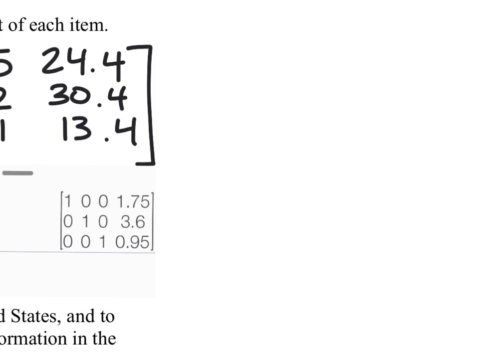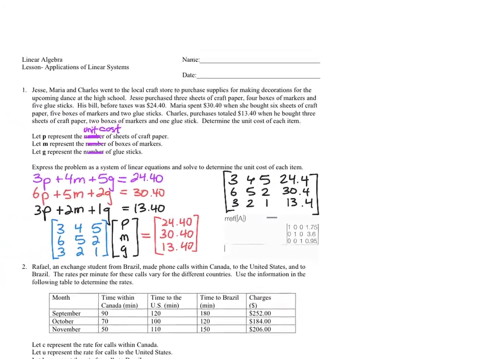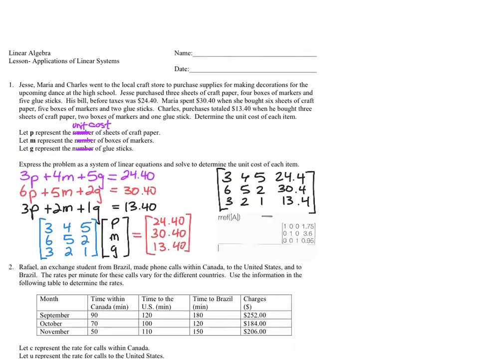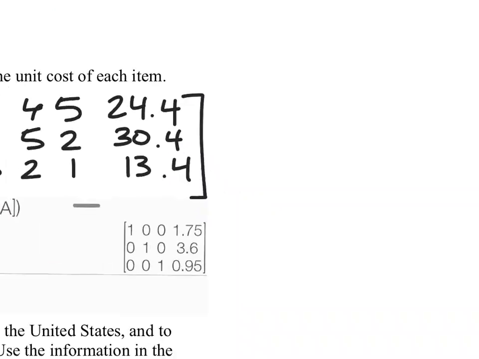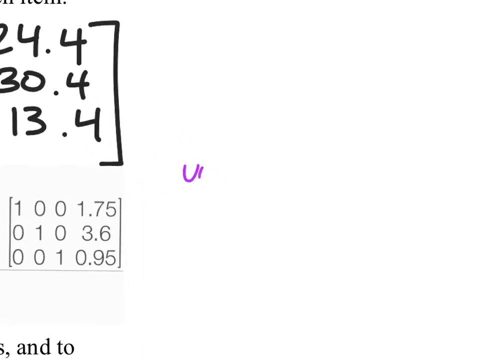And so like I was saying before, this is a vectorless solution. We learned all about homogeneous vectors and all that stuff. Yeah, you could write this as a vector equal to this, that, and the other thing, but what does that tell anyone? If somebody wanted to know how much all this stuff costs and you showed them a vector with these values, they're not going to be thrilled, right? So they gave you the question in words, you're going to give the answer in words. So it's paper, markers, and glue sticks if you want, but unit cost,